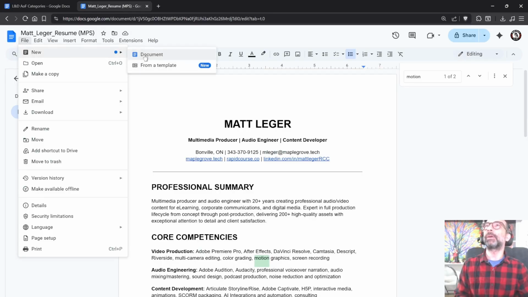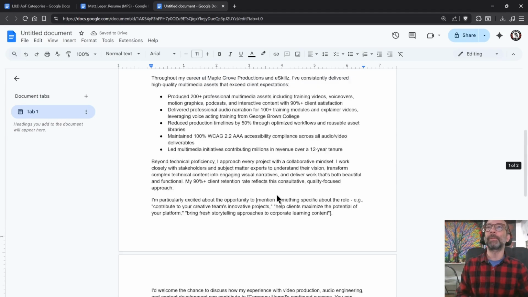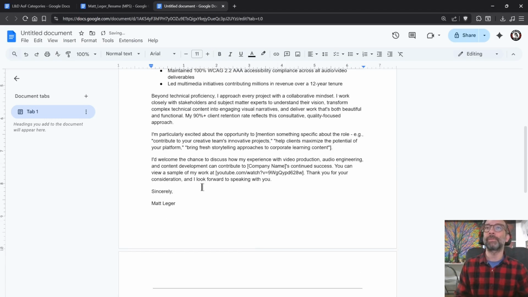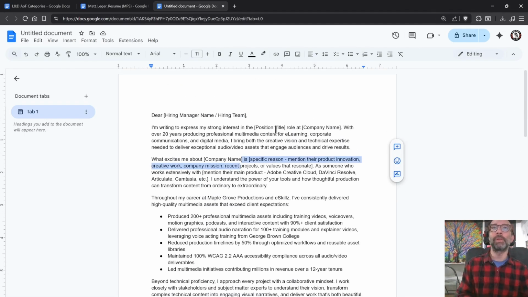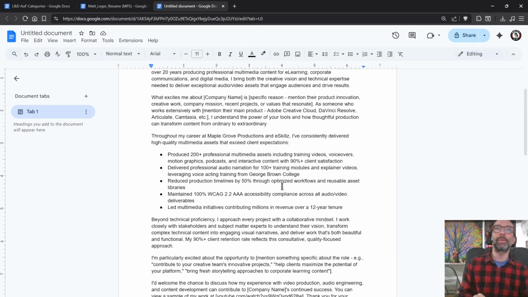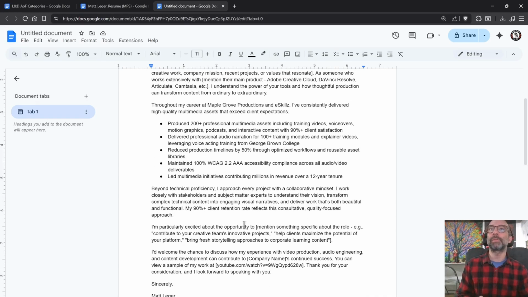Let's go and now create our cover letter, and you'll see how fast this part goes at least. So first of all, I don't know why he puts this at the top. For electronic communication, this is rarely ever done except for like legal stuff, what I've seen. That fits all on one page, perfect. We'll look at those notes here in a second, but I just want to go through. So it's got the square brackets, it's got everything speaking to multimedia, e-learning, corporates. Couple of orphans here though that are kind of popping off the page.